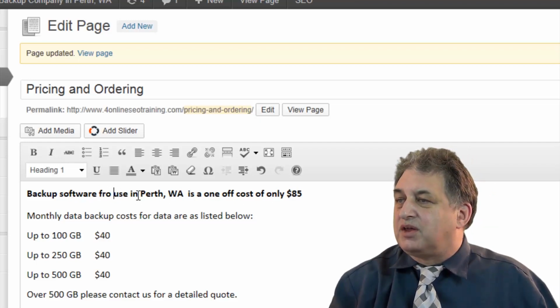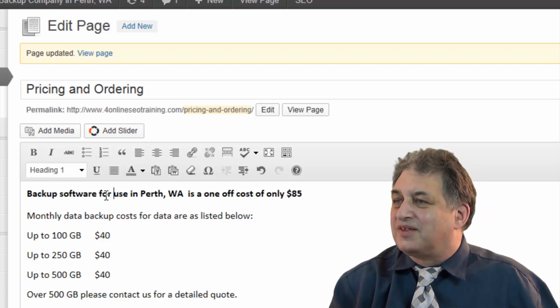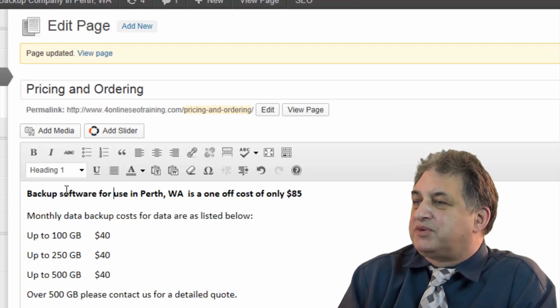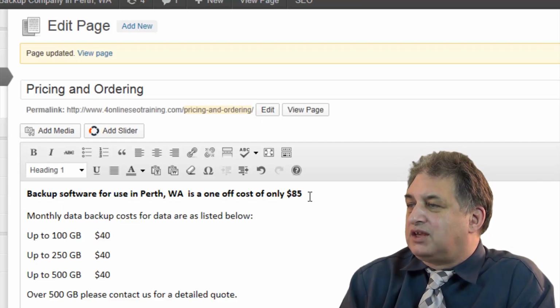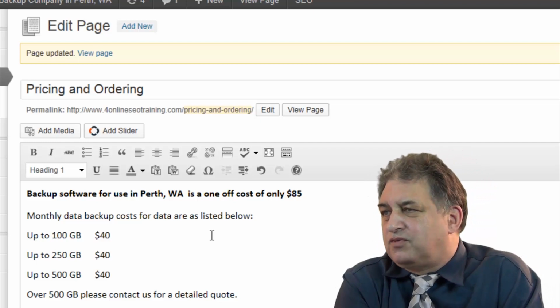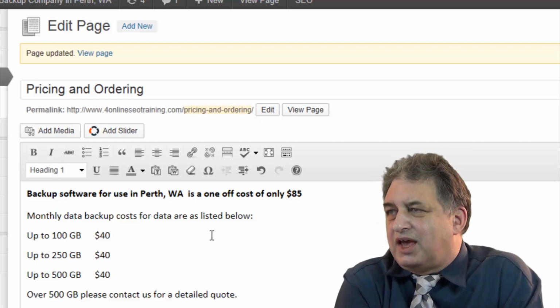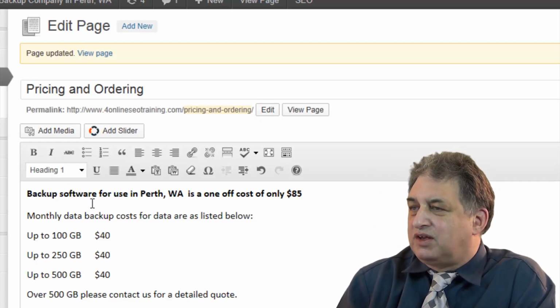Let's change the typo there. So we've got backup software for use in Perth, WA is a one-off cost of only $85. So in this case, it's not a particularly well formatted or put together heading, but you kind of get the idea that basically within items marked as headers, you can put the important keyword phrases.